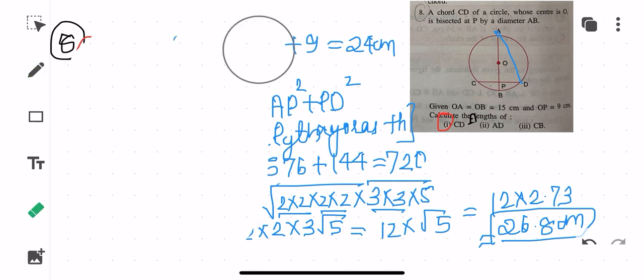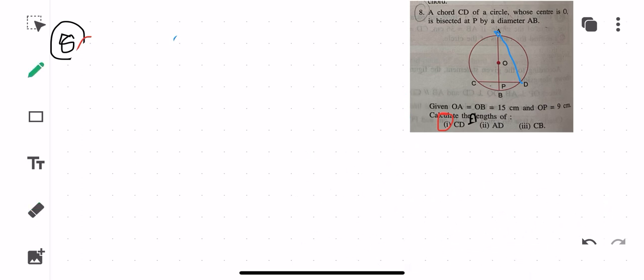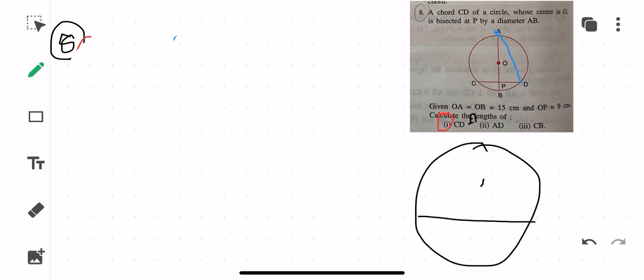Okay, now I'll be moving to the last sub question of this particular question, that is you have to find out CB. So is that an easy one, children? For finding CB, see what all things have been given to you. So this is what you need to find out now. Sorry, this is C and this is B. This particular point is B. So how can you find out, children? This is very easy. Here also you will be using the Pythagoras theorem.